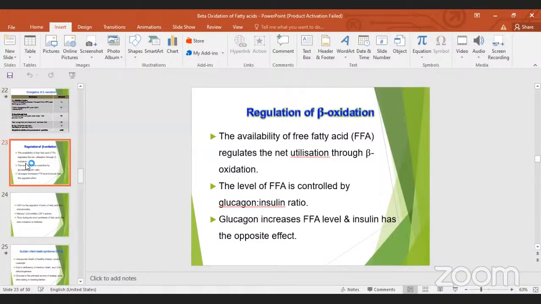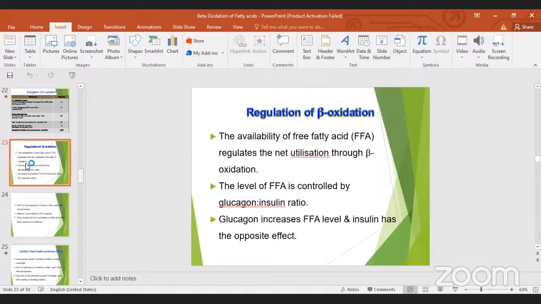Okay, the regulation of the beta oxidation. How to regulate this process? What regulations are there in this process? The main regulation is the availability of free fatty acid. FFA is the free fatty acid. It regulates the net utilization through beta oxidation. The level of free fatty acids is controlled by